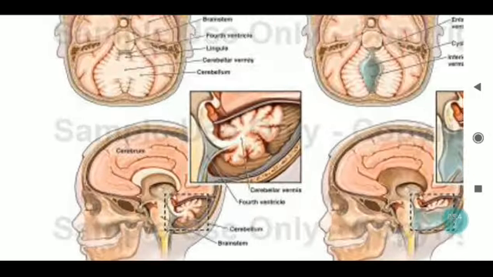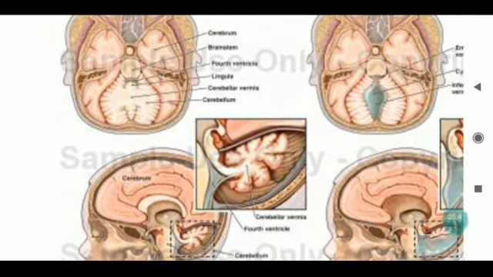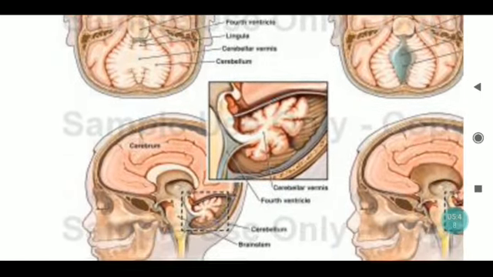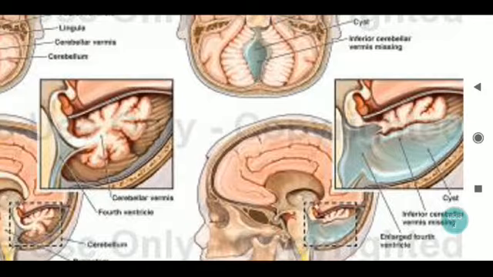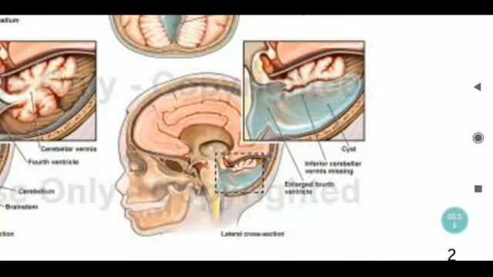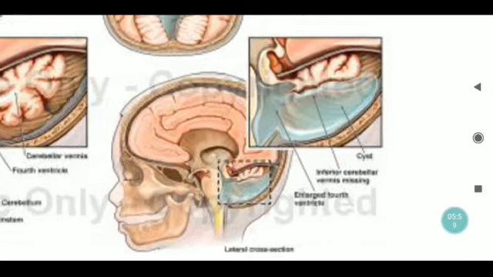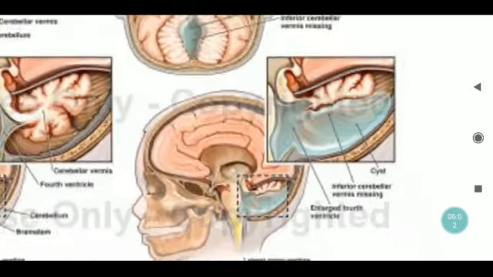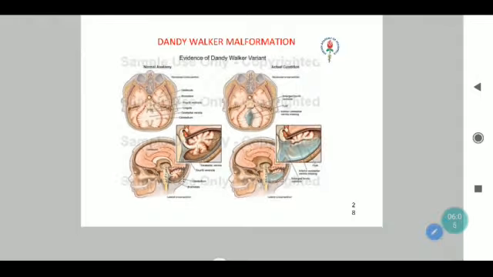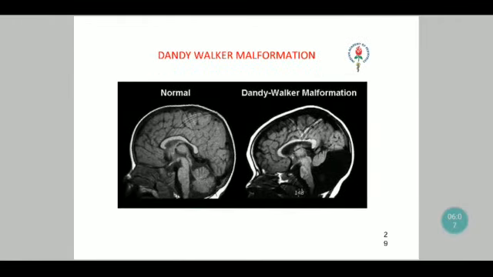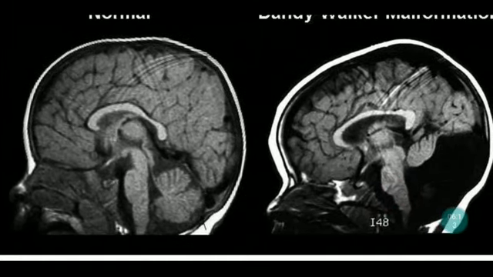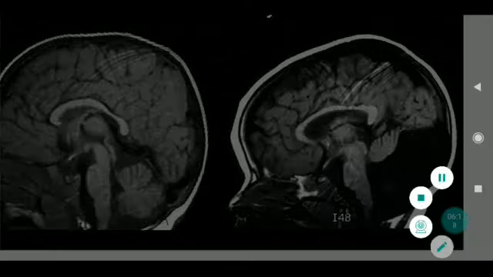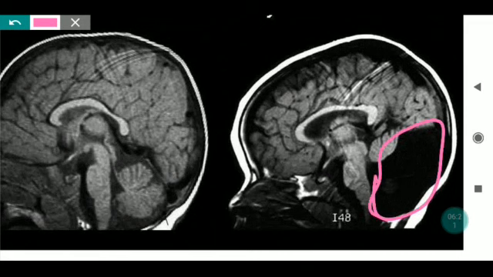So again, if you see a comparative image, on the left side you see a completely normal brain cross section where the cerebellar vermis is there associated with the fourth ventricle. On the right side there is a complete agenesis of the cerebellum which forms the roof, as a result of which there is a free flow of fluid resulting in fluid accumulation. If you consider the same on an MRI, the left side image shows a normal MRI, whereas the right side shows a complete cerebellar agenesis which results in the lack of formation of the roof of the fourth ventricle. So this entire abnormal cystic collection is cerebrospinal fluid in excess.